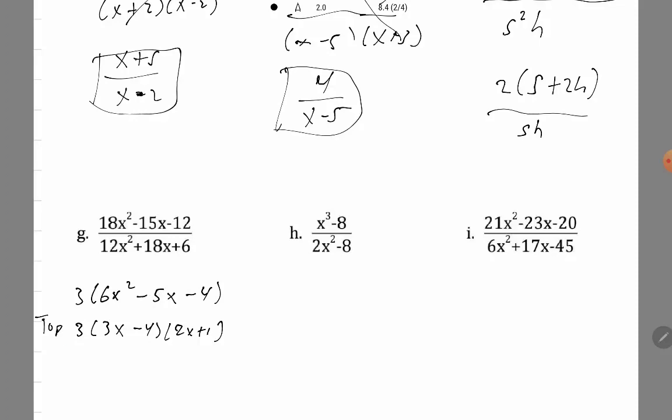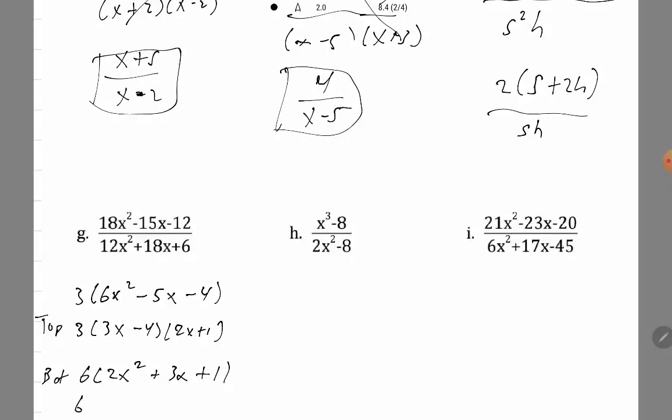Okay, so that's the top. Now let's look at the bottom. So we can pull out a 6 from all those. We got 2x squared plus 3x plus 1. And that'll become